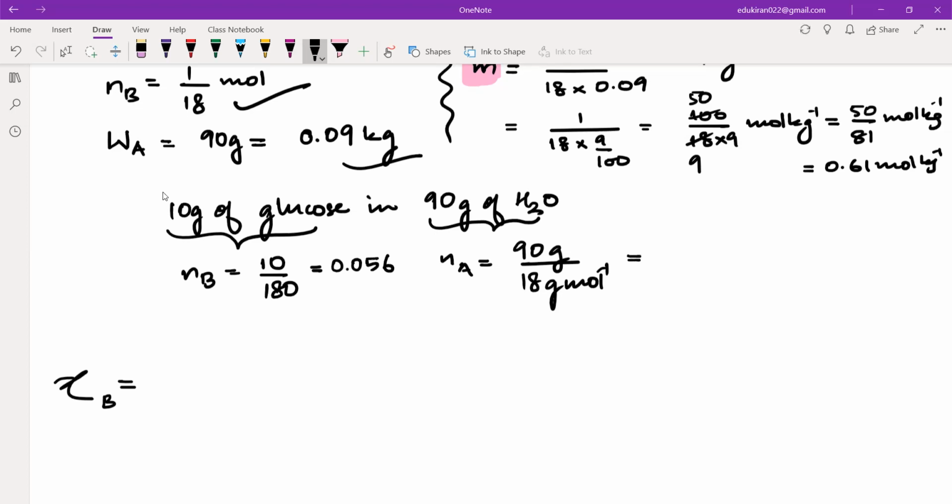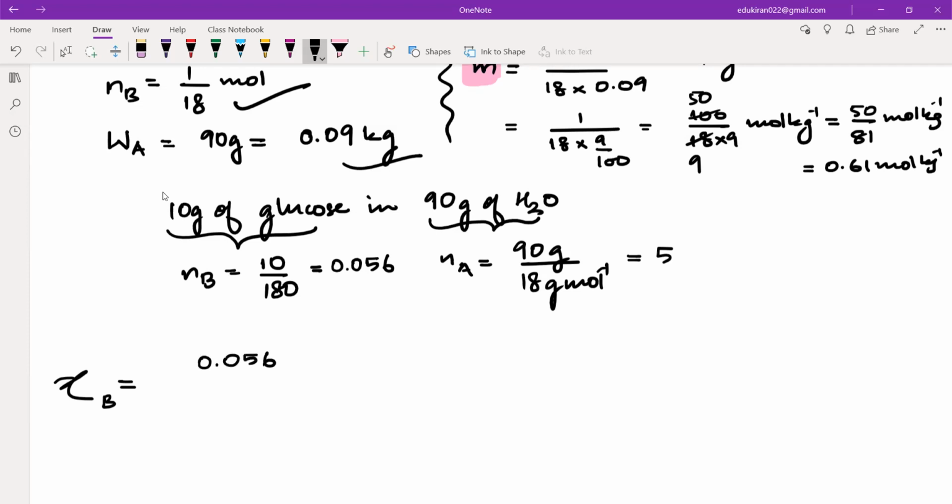And what will be this? 5.555, I think. It will be equal to 5. Yes, it's 5. So chi B will be equal to